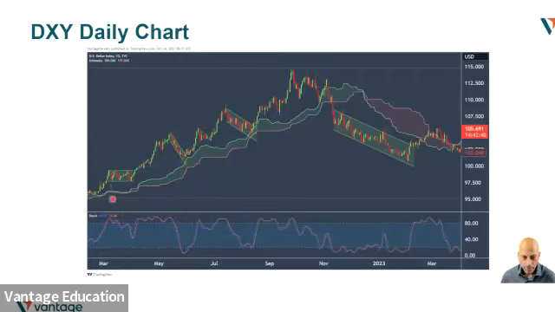So with the Federal Reserve raising interest rates very aggressively in 2022, government bond yields in the US were rising strongly, and also the value of the US dollar was rising very strongly as well. So if the value of the US dollar is rising strongly versus its peers, naturally the dollar index is going to rise as well. So you can see that dollar index here